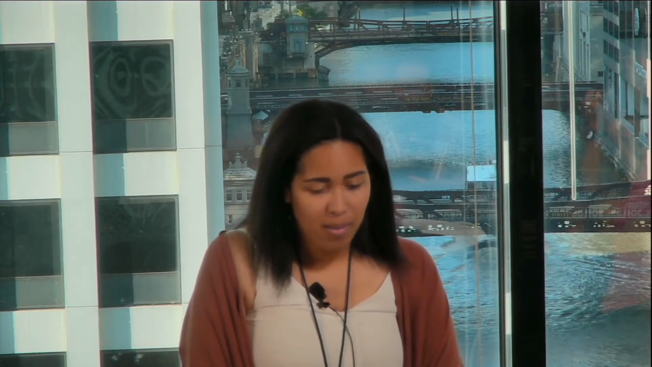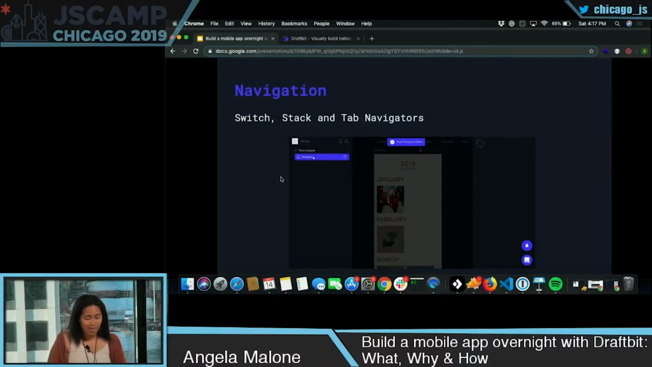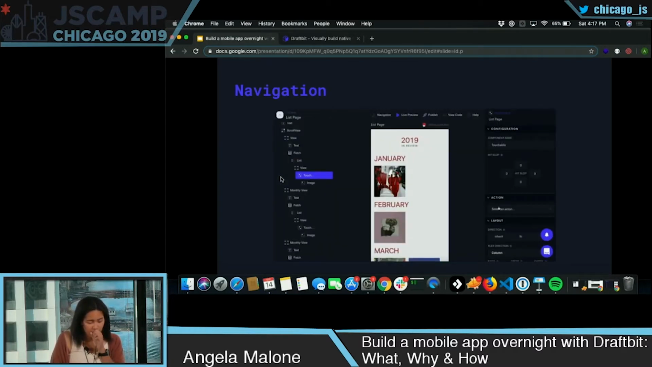And then the other big action is navigation. This one is a big lifesaver because I hate coding navigation. For this, I just did two screens really quick, just like the list page from before and then the detailed page. So in Draftbit, there's access to switch, stack, and tab navigators. And then also,